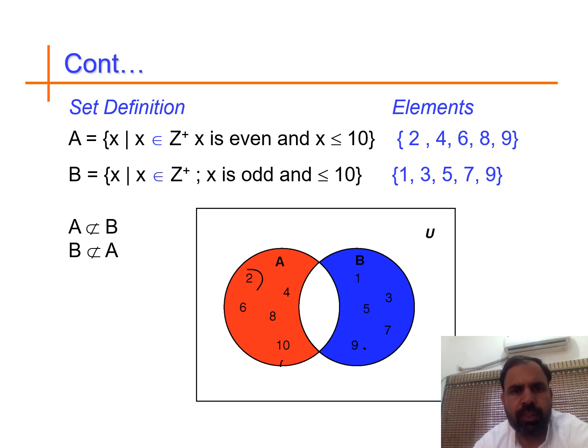Another example: A is the set of positive integers where X is even and less than or equal to 10. So the elements of A are 2, 4, 6, 8 and 9. If we take B as the set of positive integers where X is odd, which are less than 10, these are 1, 3, 5, 9. So there are no common points between these